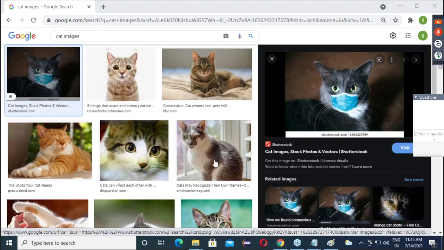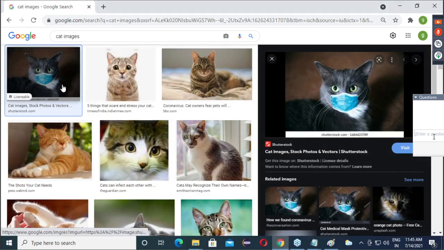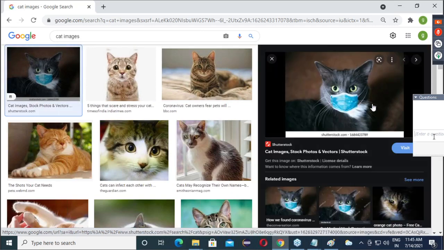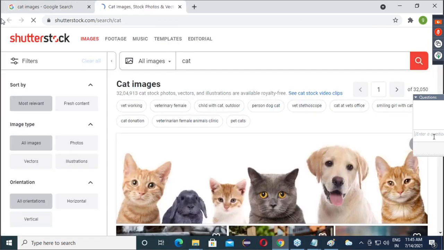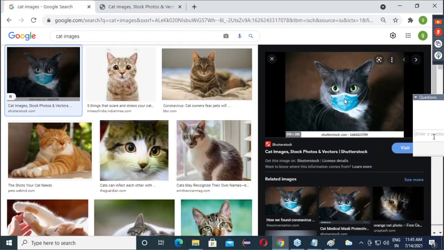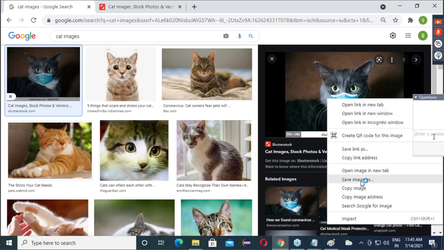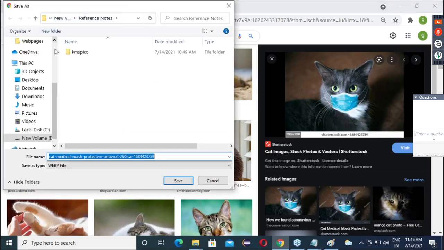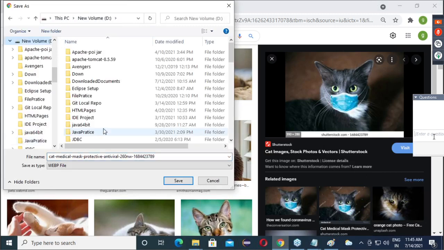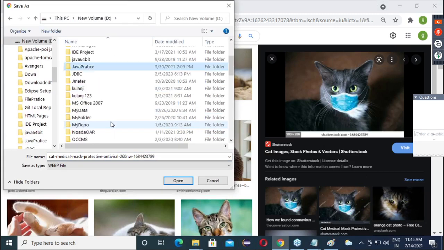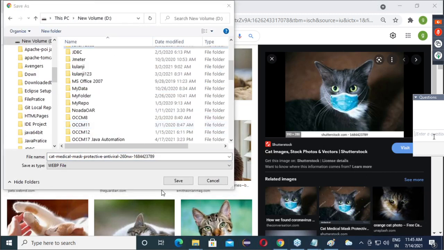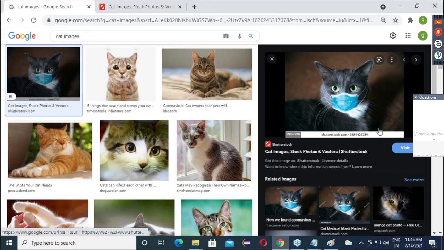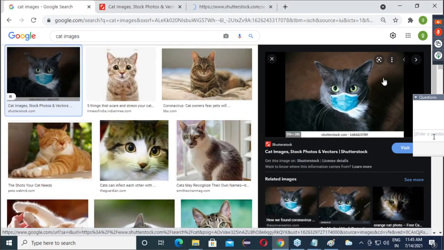So what we will do? Right click, save. Just open the image in a new tab. Then right click and open the image in new tab.